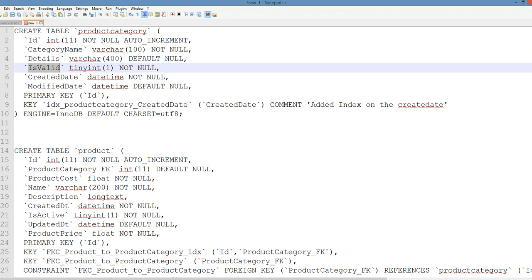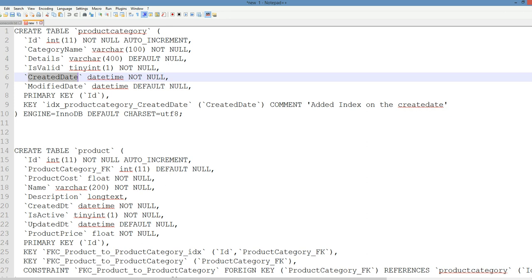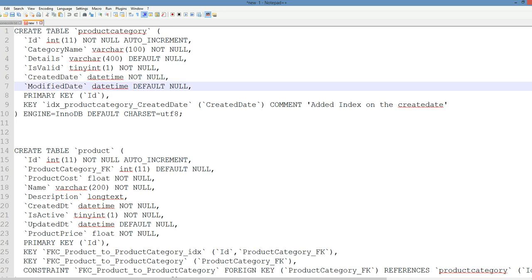I want to know if it's valid, so you should be able to disable the category. Maybe you don't want to sell that particular category of product anymore. This field would allow you to do that. And you want to know when the product was added into the system, and if somebody modifies it, you want to know that information. Okay,